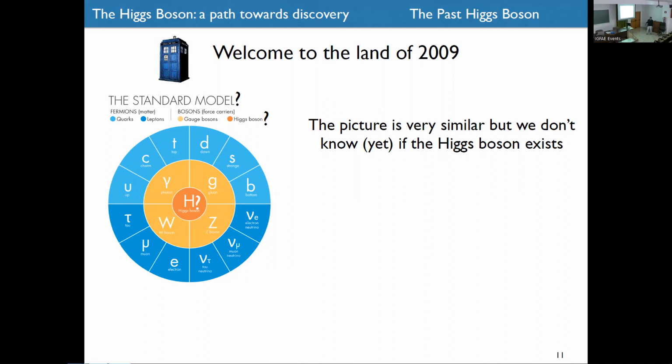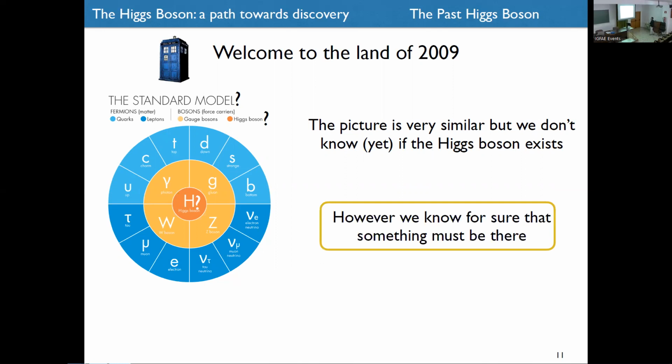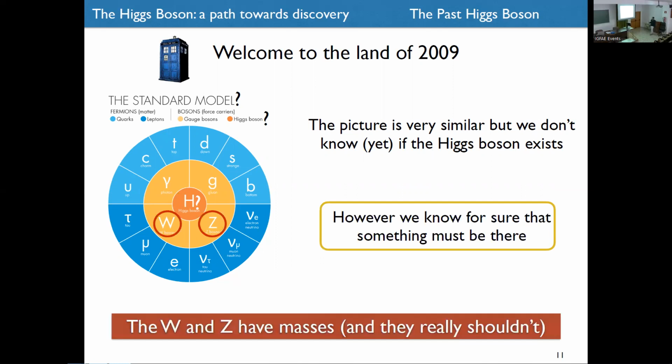We know the Higgs mechanism. From an experimental point of view, we know that there are all these particles apart from the Higgs itself. So we have pretty much everything. Now, the interesting thing is that at this point, even if we didn't have the Higgs boson, we knew that something has to be there. We knew that something has to be found at the LHC. And the reason for this brings back to what I was telling you before, of a fundamental difference between the four gauge bosons, that the W and Z have masses, and actually they really shouldn't.